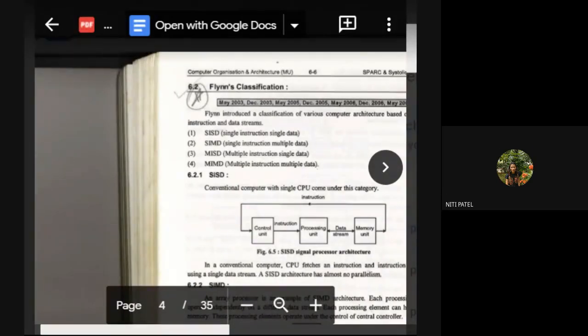Out of which, if I want to select any one, we always go for DMA, that is direct memory access, where we subtract the involvement of the CPU in the computer system and we directly use the DMA controller for the operation. Then if I compare programmed I/O and interrupt-driven I/O, we always prefer using interrupt-driven I/O because we avoid the CPU wastage time which is happening in the programmed I/O.